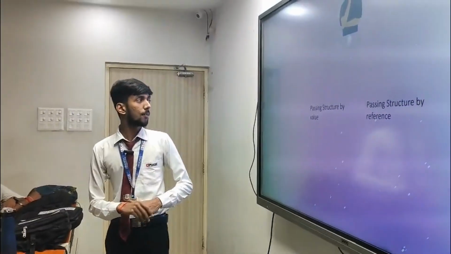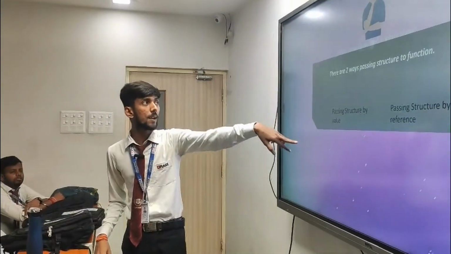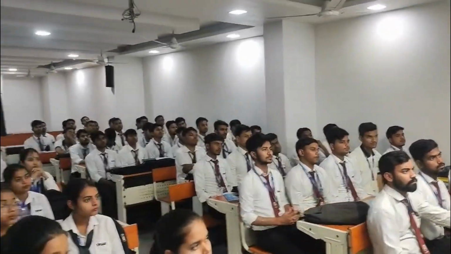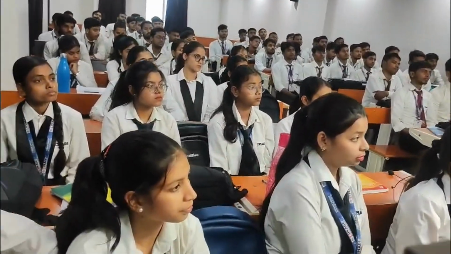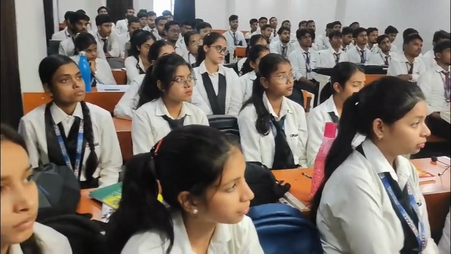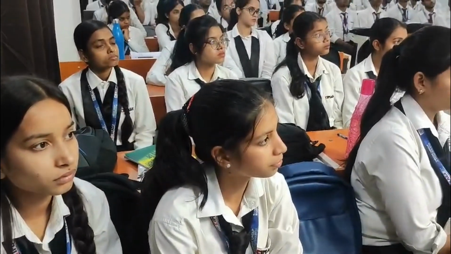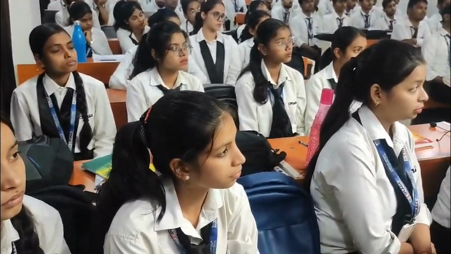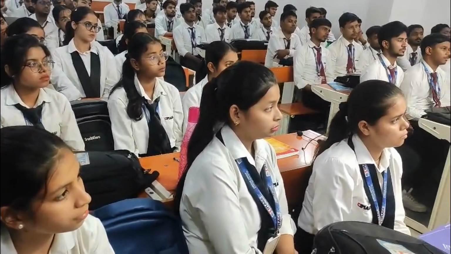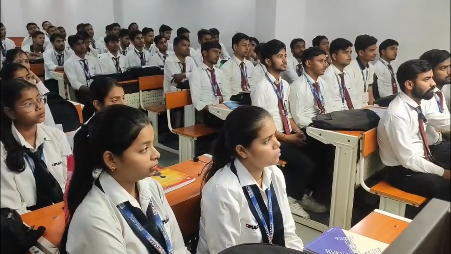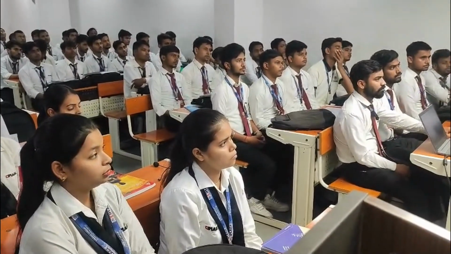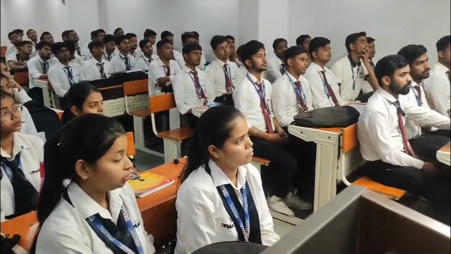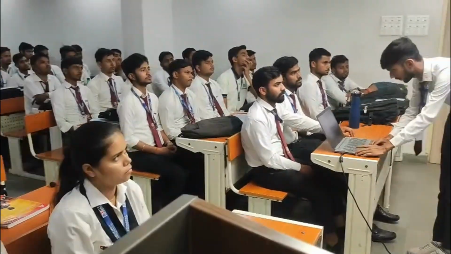Now our next slide is passing a structure by value and passing by reference, because these are the two ways one can pass values to a structure. So let me take you through an example. Here is the code where you can see that we have created a structure of student whose members are character name, age and marks. Here we are declaring a main function where the student name is Alice. You can clearly see that her age is 20 and her marks are 85.5. If we run the code, we will get the specific output.